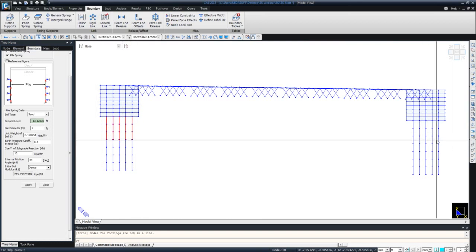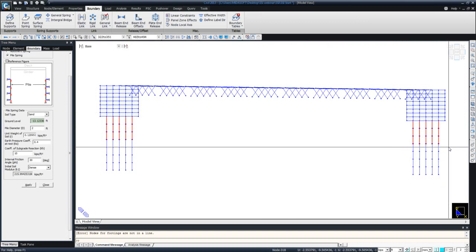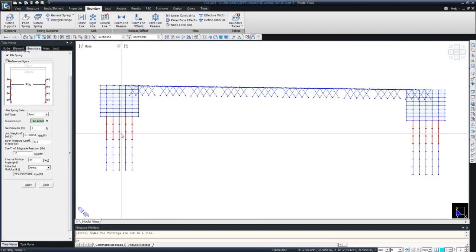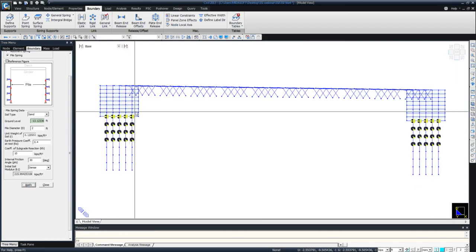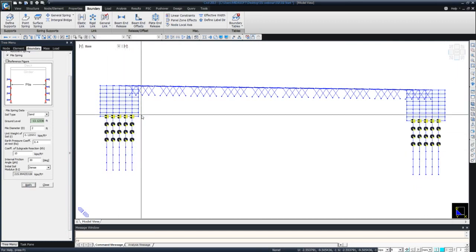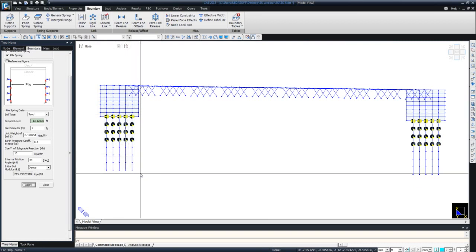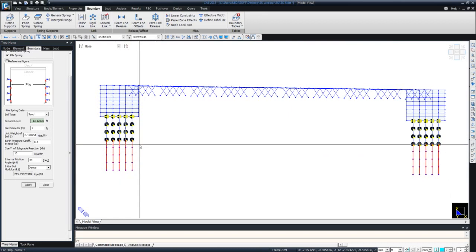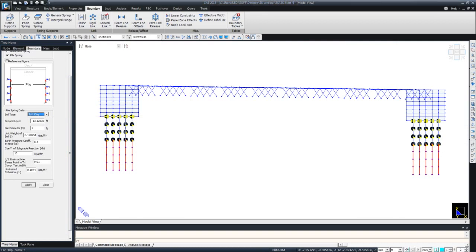As you can see here, the pile elements and the nodes are selected depending on the soil layer. Let's say you have a soil layer between these two elements. What you can do is divide the element into 2 and then apply the supports. Once I click on apply, you can see these springs are generated by Midas Civil, and now we will apply the support to the bottom part of the pile, which is embedded into clay. So I'm going to select the clay part here,